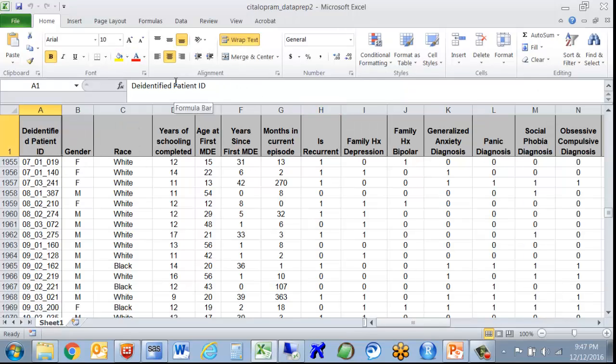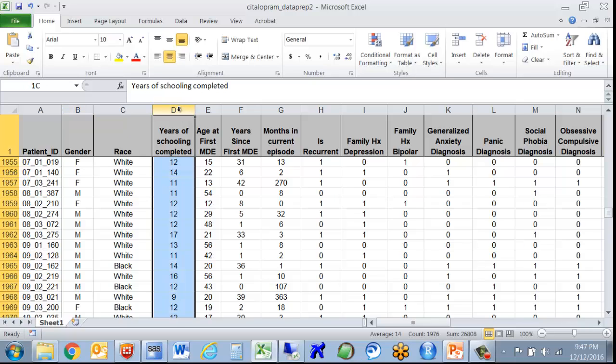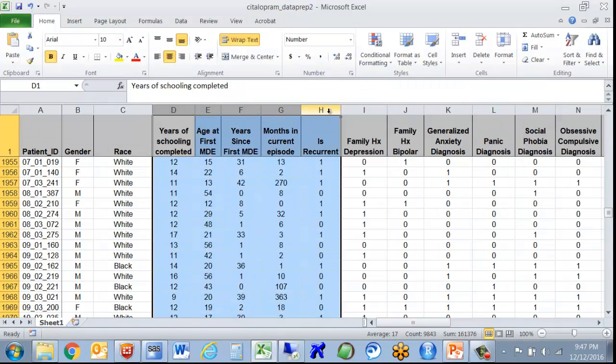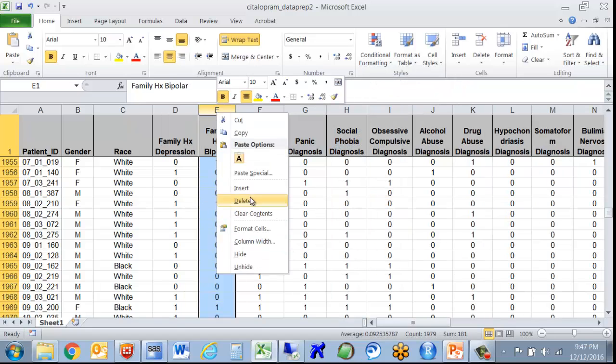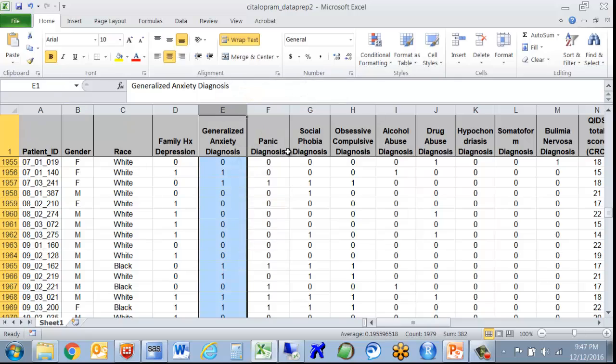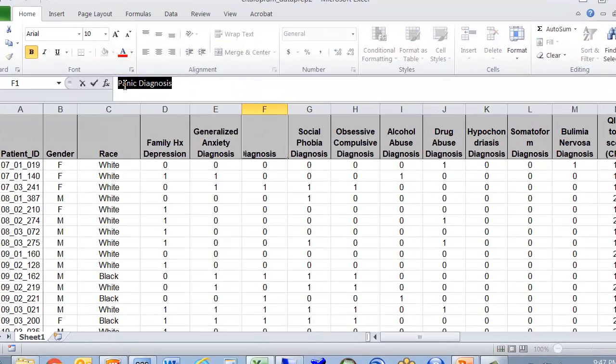You can see this de-identified patient ID. This is where I am shortening the names, right? So gender already has one letter, so I'm not going to change this one. First, let's get rid of the variables that we are not going to use in this analysis. These are the variables that we are not going to use, so I'm going to delete this. This is also something I'm not going to use. This one is panic diagnosis. This is our treatment, right? And then